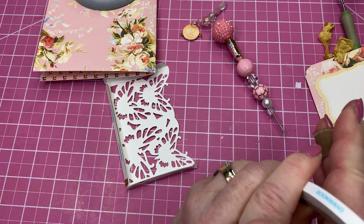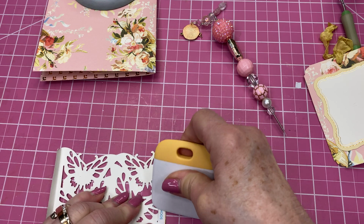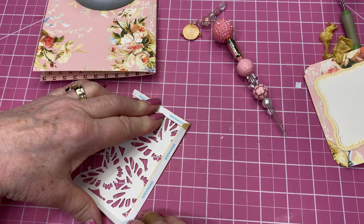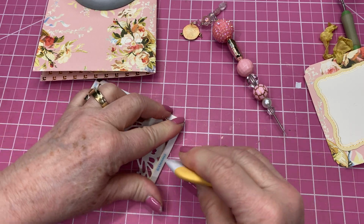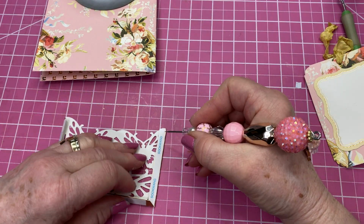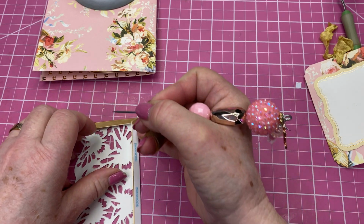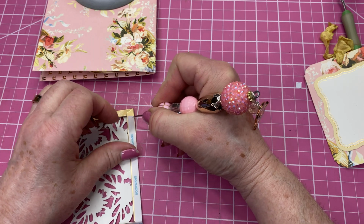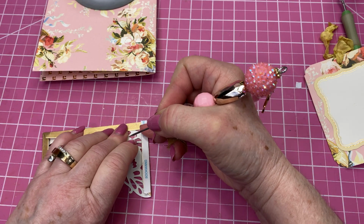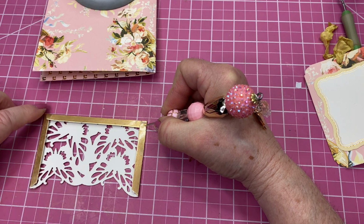Okay. Now I'm simply going to give that a crease. Make sure that tape is on there good. On this one. And on this one. Take my pokey tool and remove the backing. And here we go. That one's gonna stick. Missed a little on that other corner right there, but